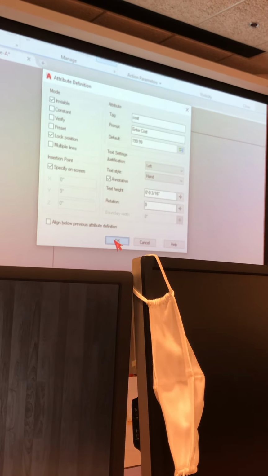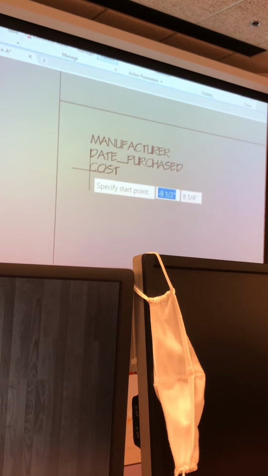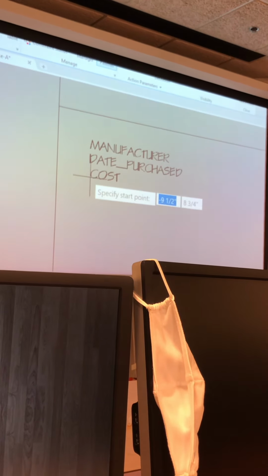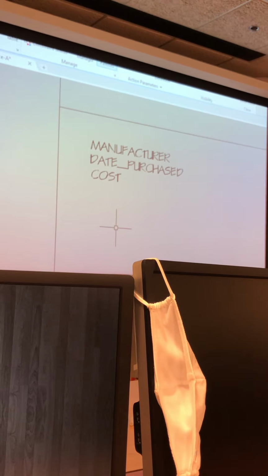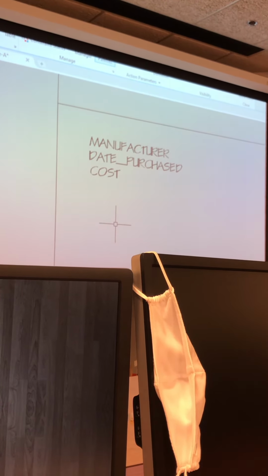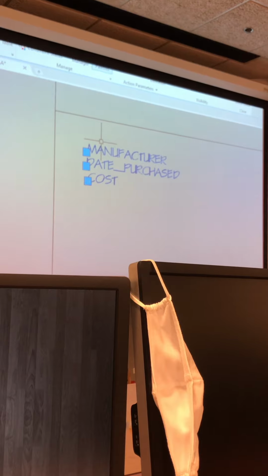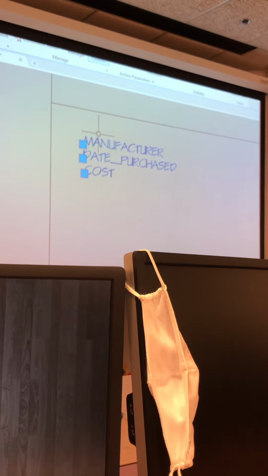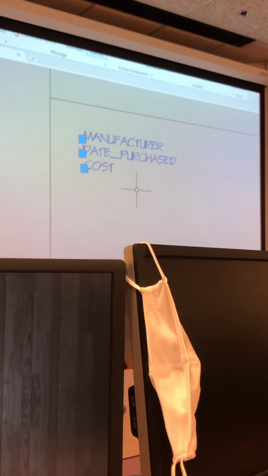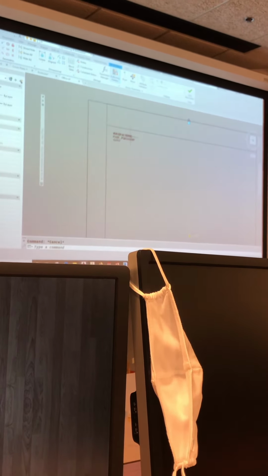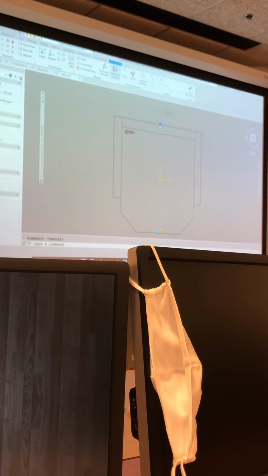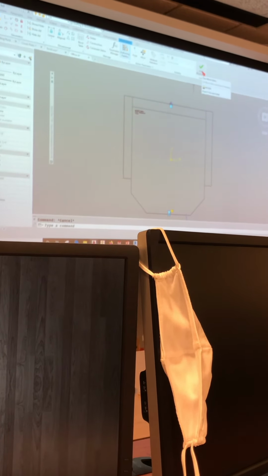And click on OK. Well, I probably should have lined it directly below the other one. The nice thing about these attributes, if you want to use the same attributes on different blocks, you can copy these to your clipboard, go into another block and paste them, and you've got the same attributes on those. So once you have these created, then you can go in and save the block, go up to Close Block Editor,